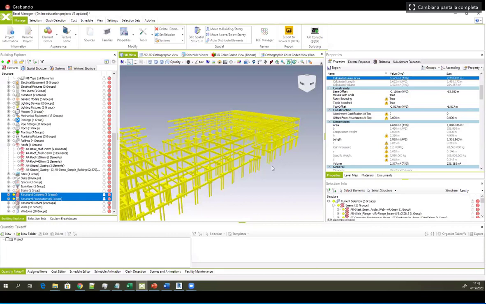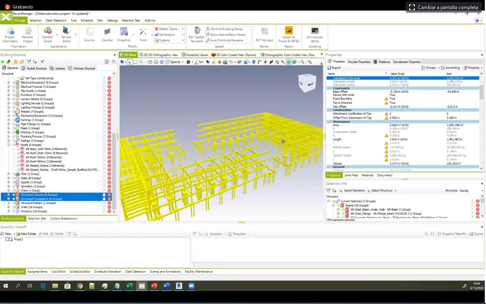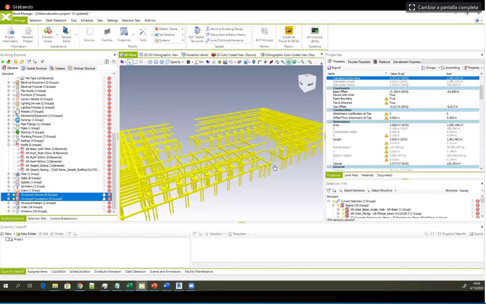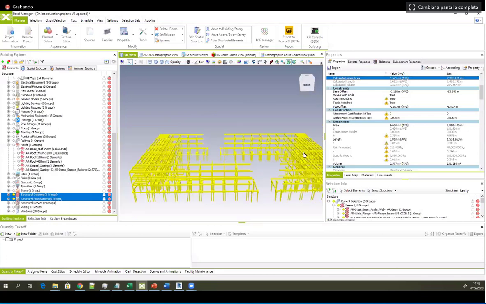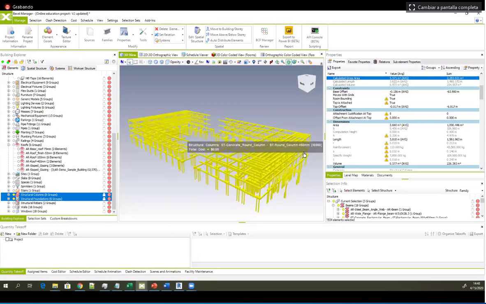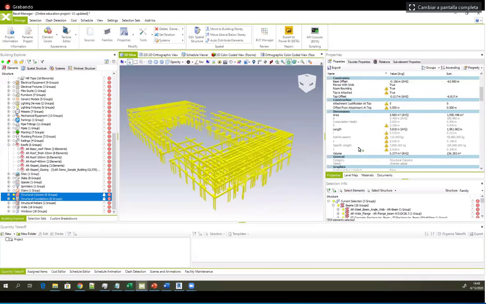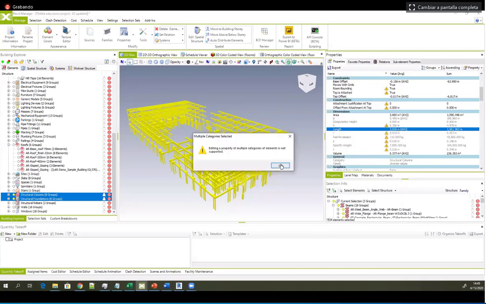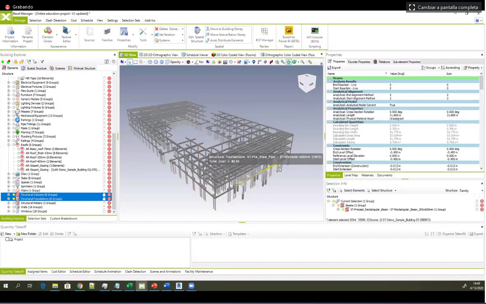So if this is clear, I'm going to show you how you can add new properties, which is a really, really useful and convenient way of enhancing your BIM model coming from the authoring tool. So if you want to, let's say, edit any of the available properties, you can do that. The properties colorized in black can be edited just by right-clicking on them and using the option edit. And if you select just a specific type of element, in this case just the structural columns,